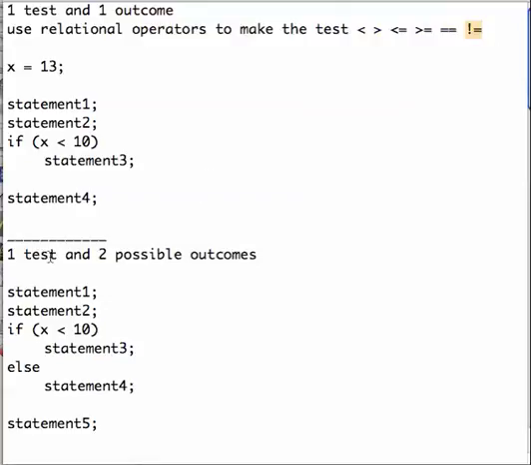Let's suppose I had one test and two possible outcomes. If the test is true, let's suppose I wanted to do statement 3, and if the test is false, I don't want to do statement 3, I want to do statement 4. If that's the case, I have to use what we call an else. Let's take a look. Let's say x is